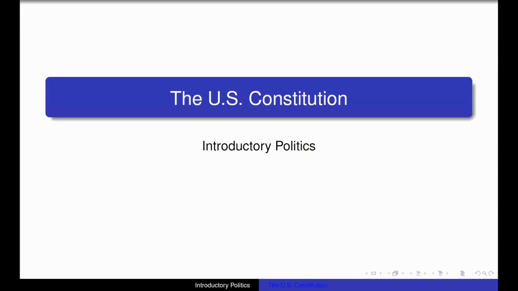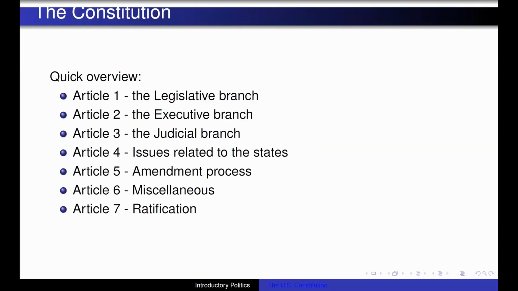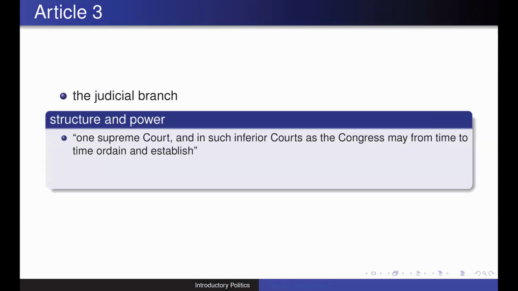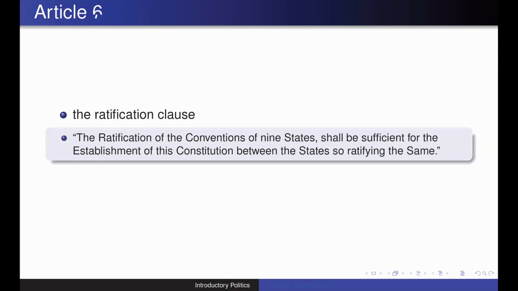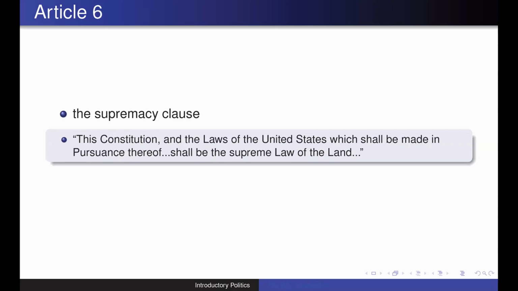This time on Introductory Politics, we are moving beyond our first three articles of the U.S. Constitution dealing with Congress, the executive branch, and the federal courts, and moving on into the remaining articles of the U.S. Constitution. Article 4 talks about the full faith and credit clause, which talks about how states have to respect certain acts, records, and judicial proceedings of other states. Article 5 contains the amendment process to the U.S. Constitution. And Article 6 ends up discussing various other elements, namely containing the Supremacy Clause.